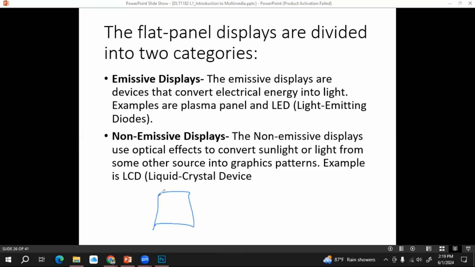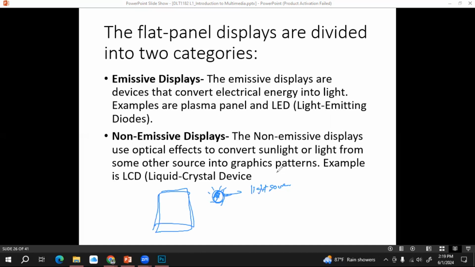Then you have to generate some graphic on this interface. Then we have to use a separate power source or light source. Using this separate light source, LCD displays can generate some graphics, right?